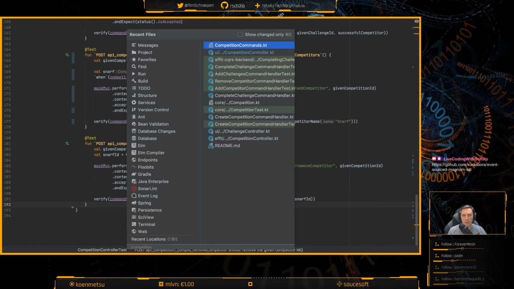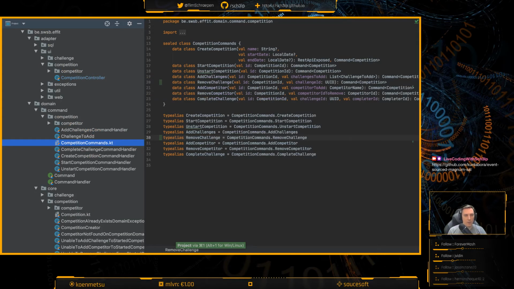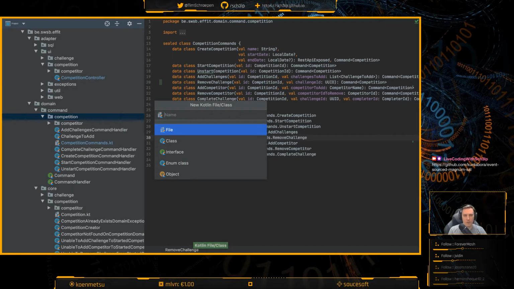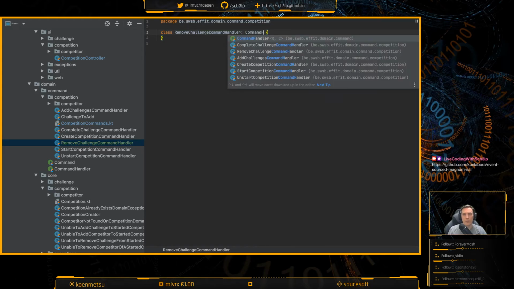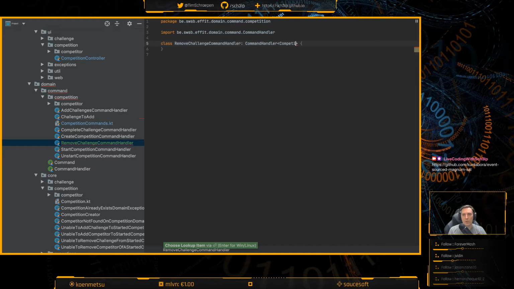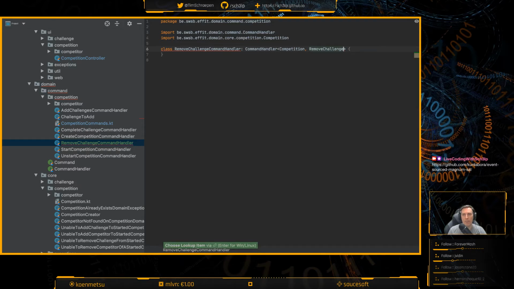And then let's go to the commands. The remove challenge thing. Then we will add a new command handler. The remove challenge command handler, which is a command handler, and it should be returning a competition, and it should be dealing with remove challenge commands, and then it needs some implementation.